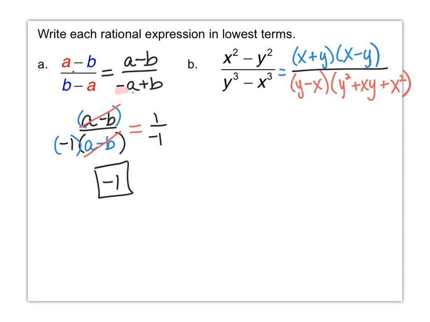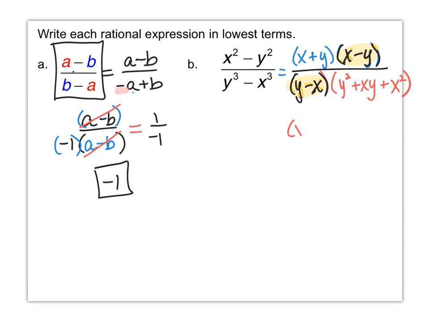So now that the numerator and the denominator are in factored form, we want to determine if there's any greatest common factor. Now what we'll see here is they don't have exactly the same factors, but we do notice that the numerator has a factor of x minus y, and the denominator has a factor of y minus x. And that's x minus y in the numerator and a y minus x in the denominator. That is very similar to the problem that we just did in part A. If you factor out that negative from the denominator, you will end up with a result that looks like this